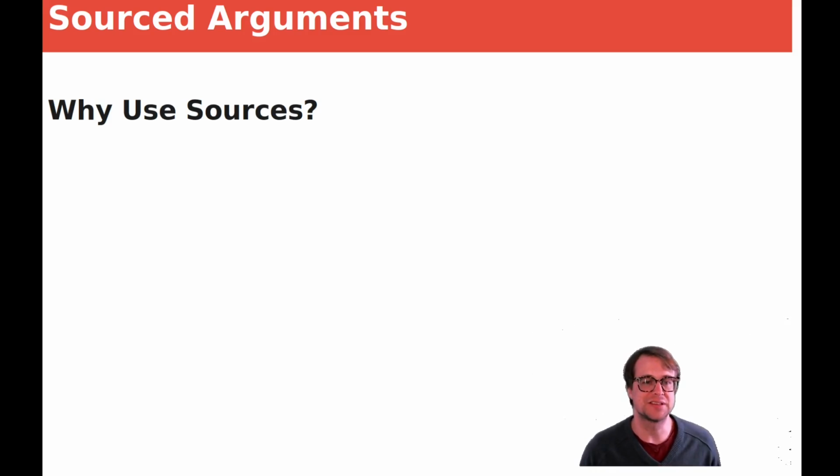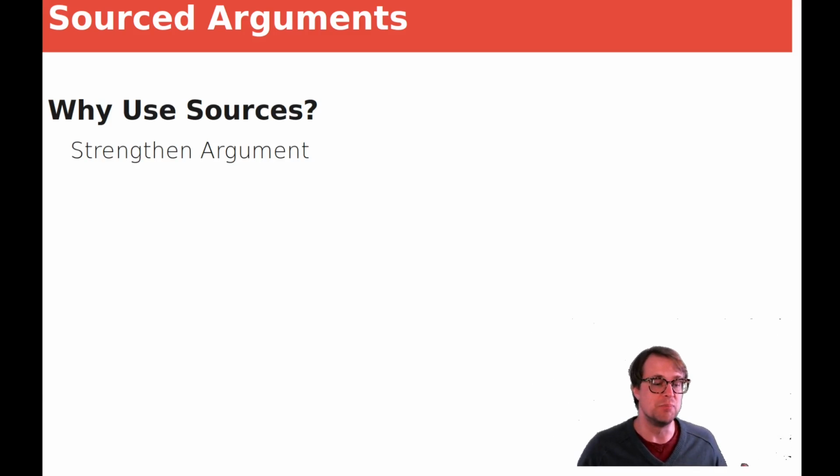And we talked about this a bit at the beginning of the class in our first few assignments, if you'll remember. One of the things that we look for when we're trying to get information from someone else is how credible that person is, how convincing they are, how much we believe them. So one of the reasons why we might use sources is to strengthen our argument in that way, to build credibility and to get the facts and data that we need to convince people. That was another thing that we talked about before. Having hard evidence, having numbers, was something that we found strengthened arguments quite a bit.